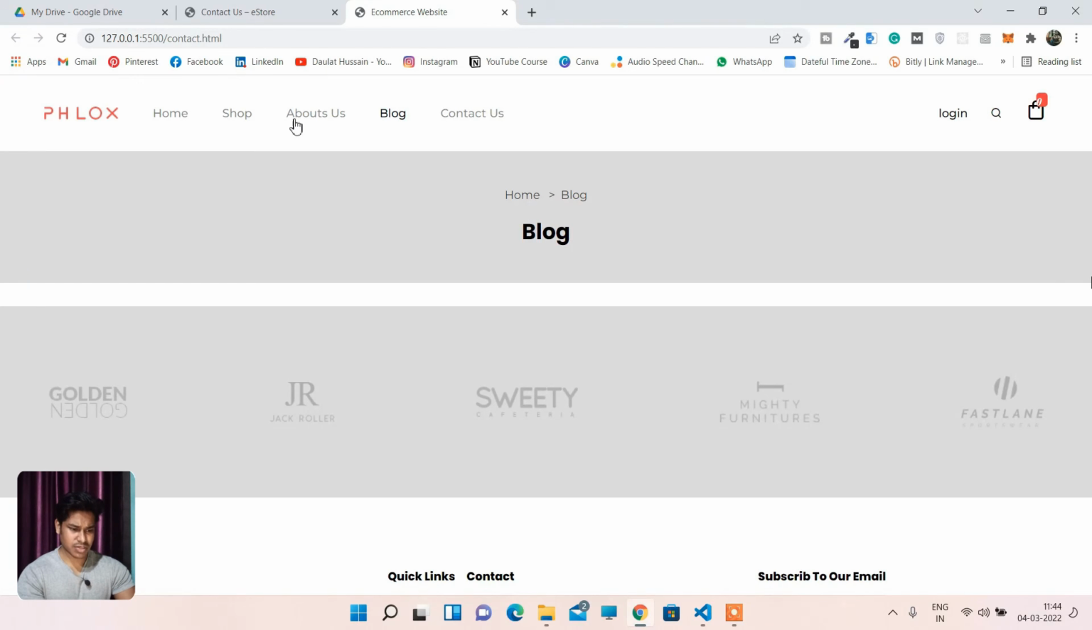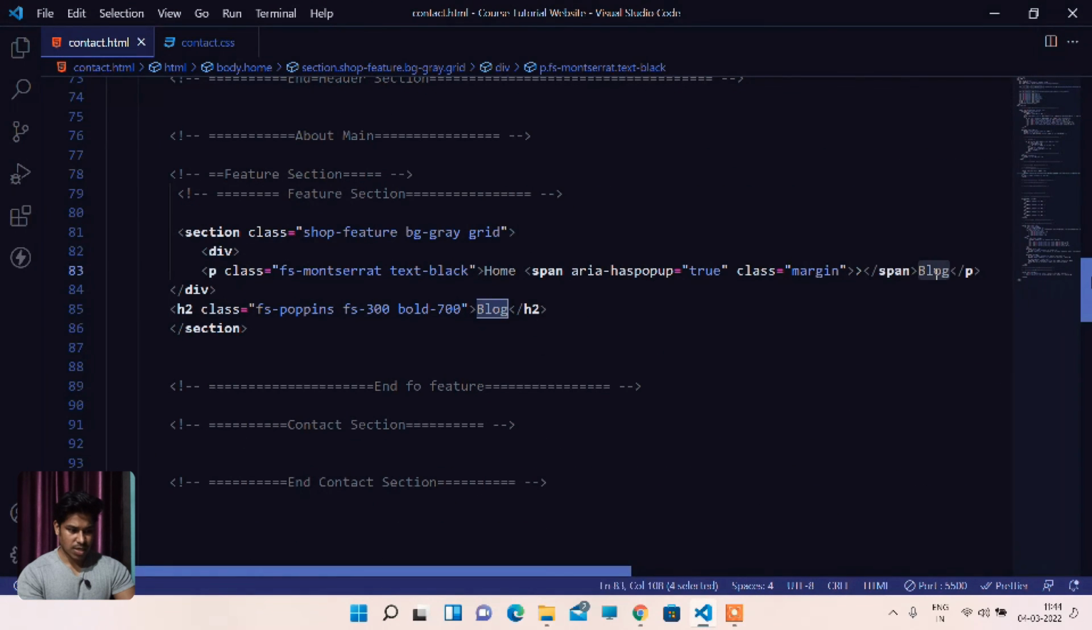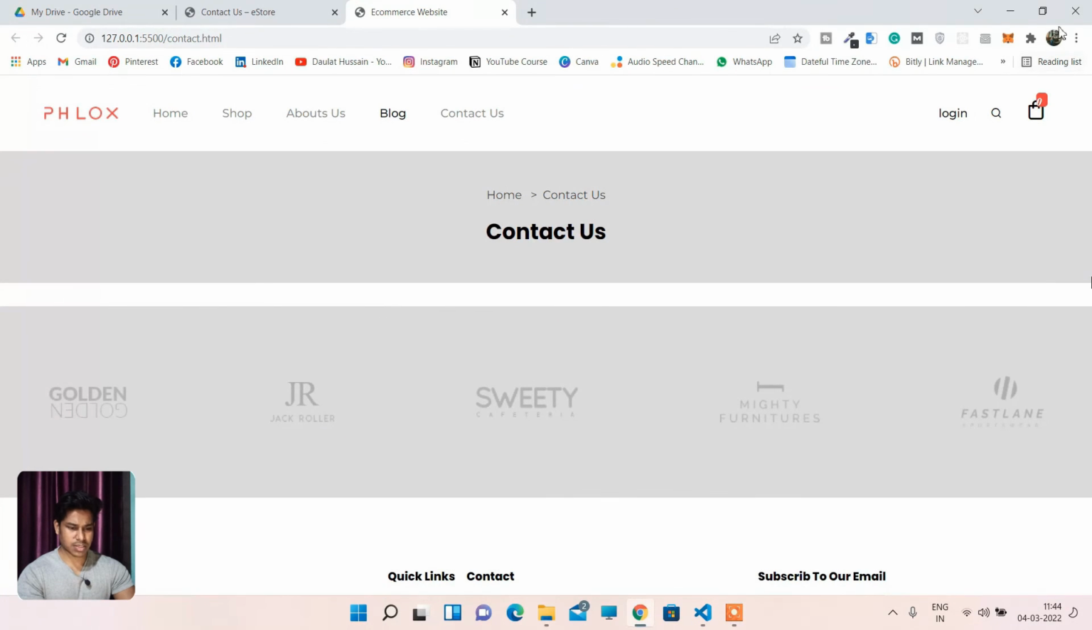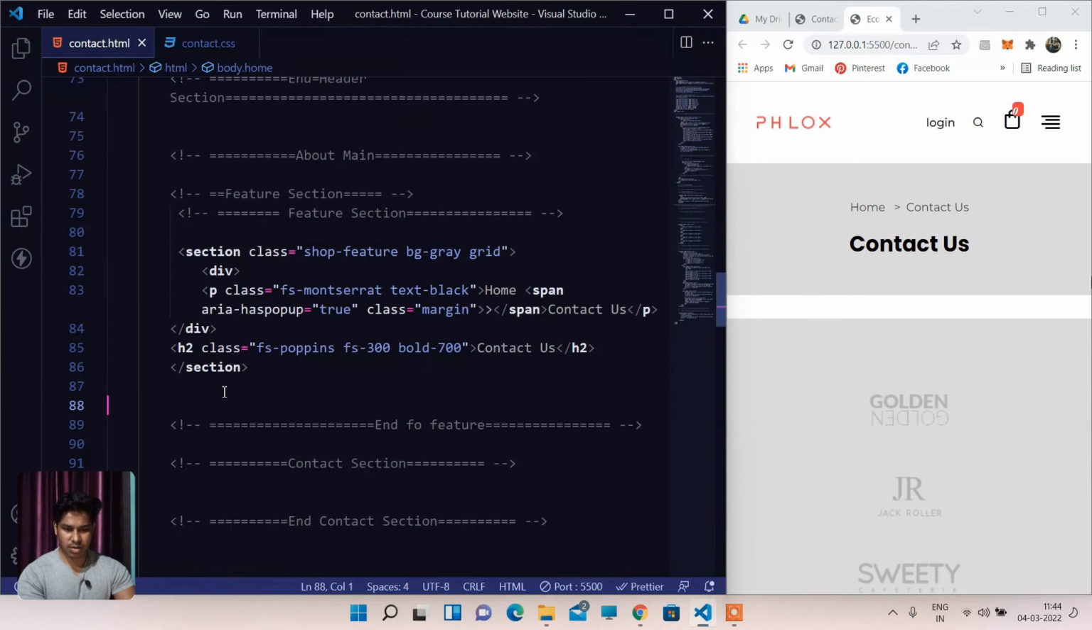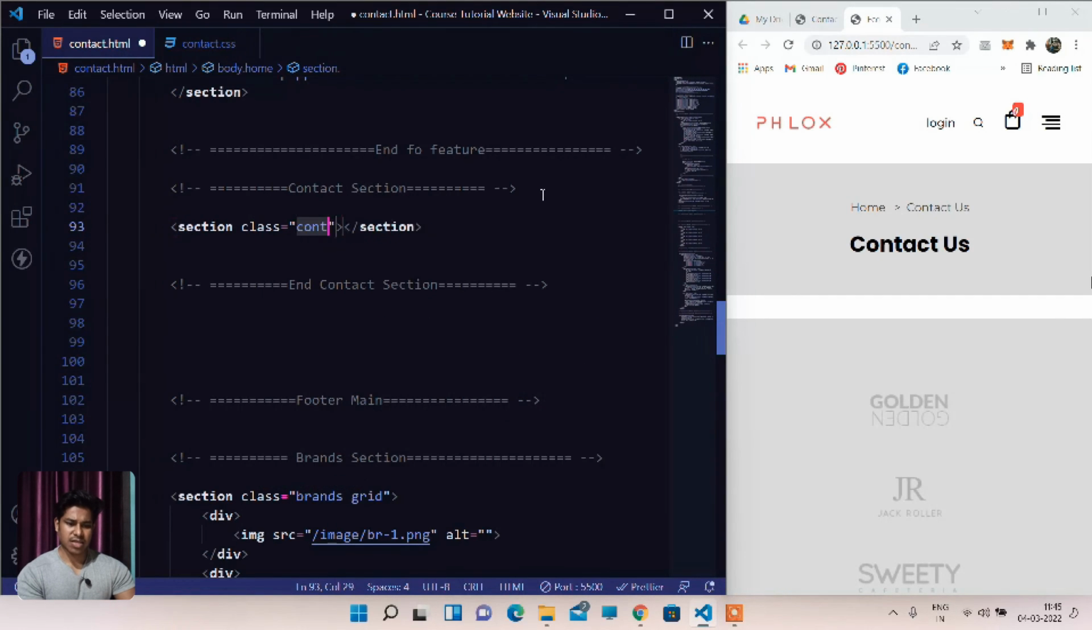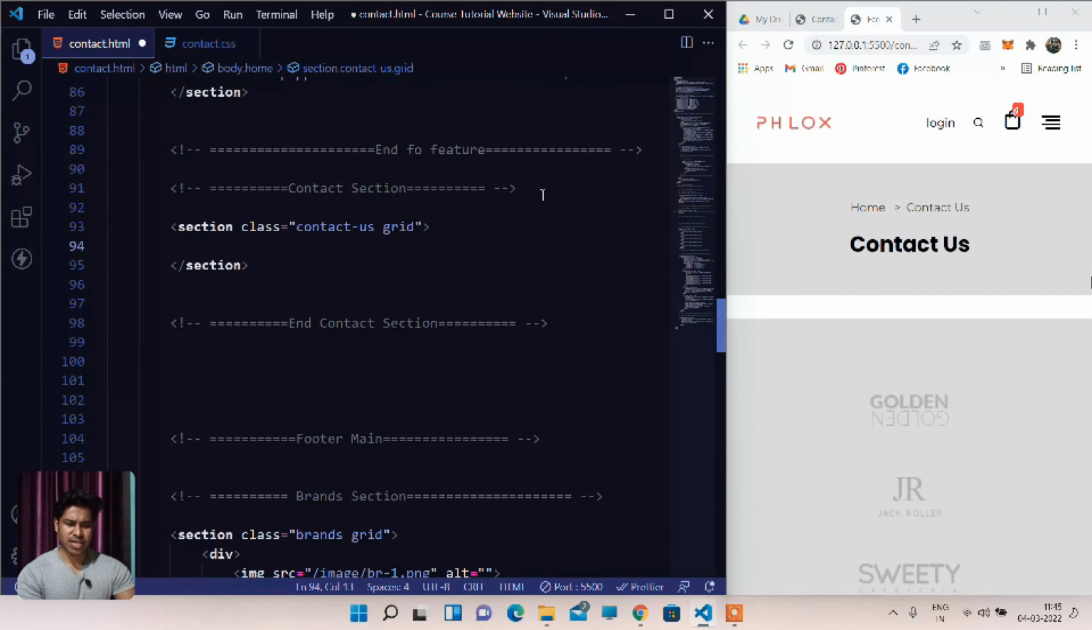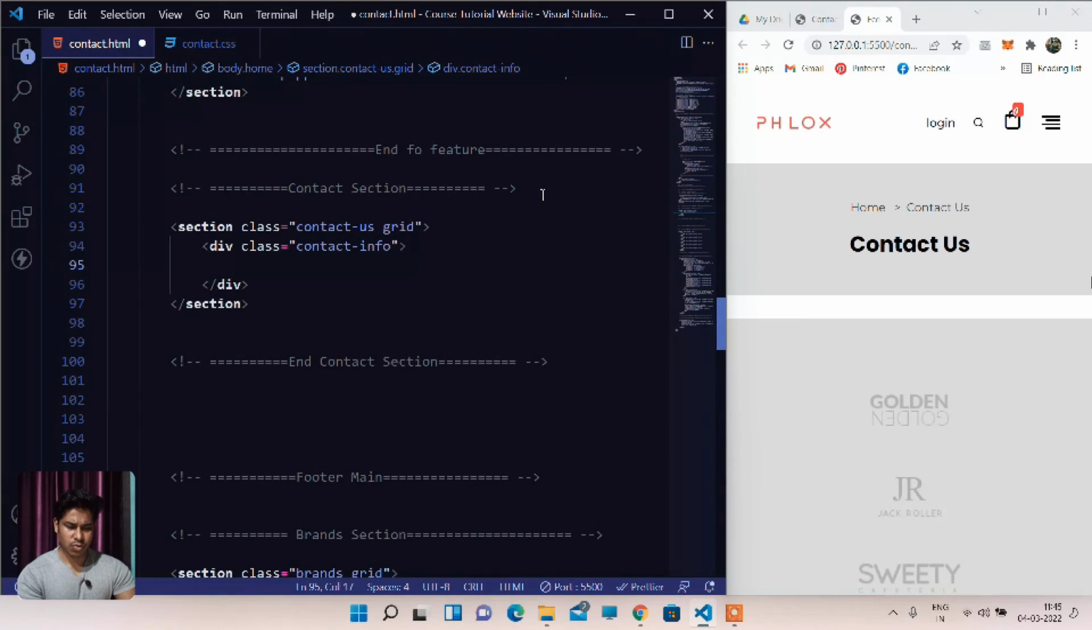Let me come down and change the text to contact us and contact us. So this is how it will look finally. Now let's move to the work. Let's make this side by side, so we will go with the mobile first approach. Create a section, and I will assign a class contact us, and I will also assign a grid class to that. Contact info, create a div with a contact info,